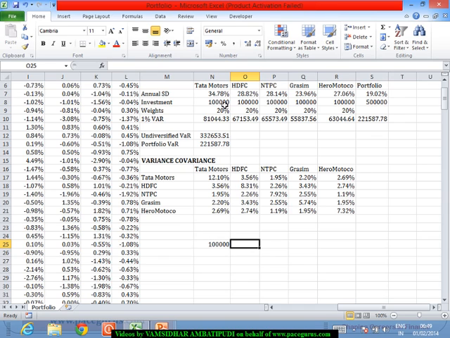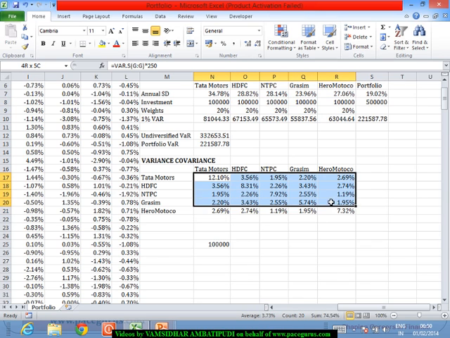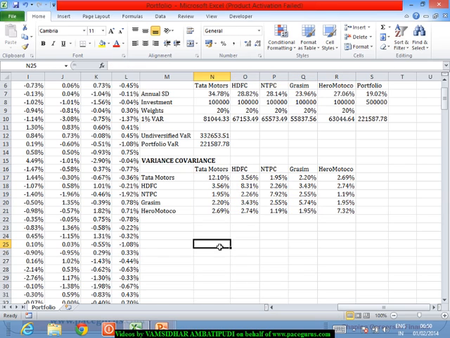This is the array I will consider 1. This is the array I will consider 2, and even these weightages I will take in the column format,